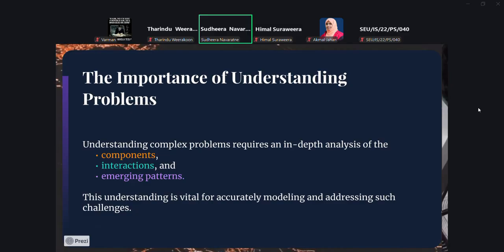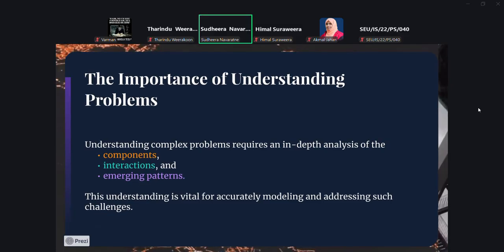Understanding a very complex problem requires in-depth analysis of the individual components in the problem. So this is key to agent-based modeling. Individual components in the problem will be modeled as agents.